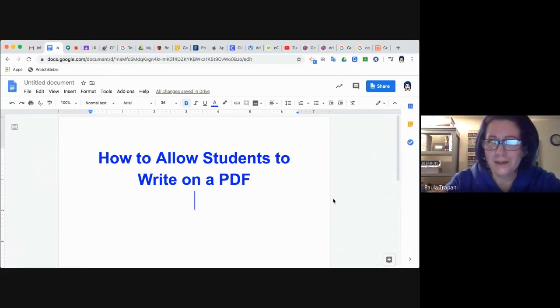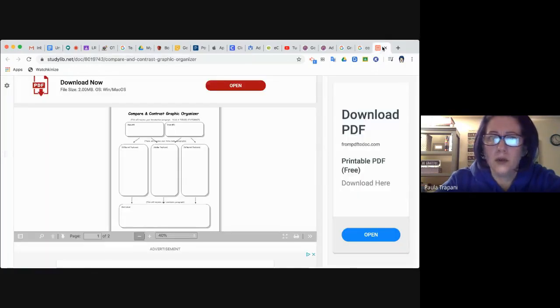It can sometimes create a little bit of a problem inside Google Classroom, because if you're trying to recreate it as a Google Doc, we all know from experience that, first of all, who has this kind of time, and second of all, once the kids get their hands on it, it gets too easily manipulated, and then things get lost or deleted. So what I did was I just Googled around and I looked for a PDF of some